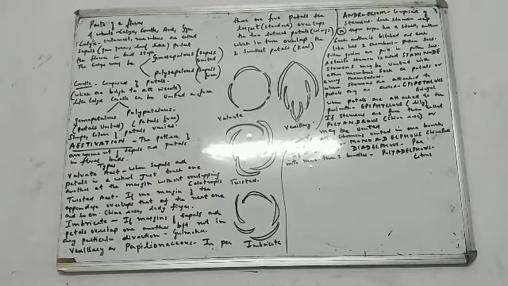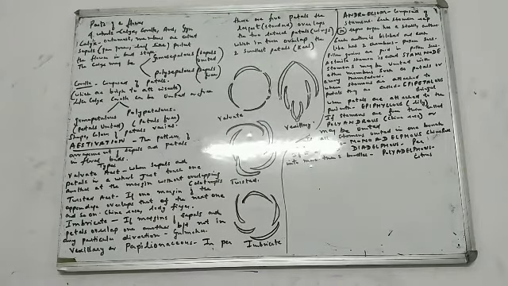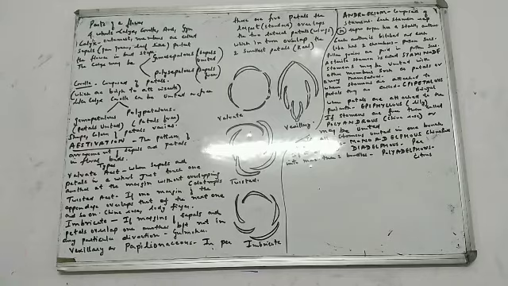Now these stamens could be united with other members such as petals. Sometimes these stamens get united with other members of the plant, for example petals, or among themselves. Remember beta, if the stamens are attached to petals, then what are we going to call them? Epipetalous. Epipetalous is a combination where stamens are attached to petals, for example brinjal. But if stamens are attached to the perianth, then they are known as epiphylous.